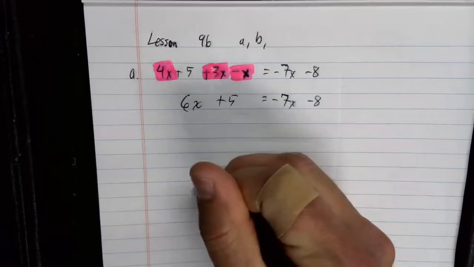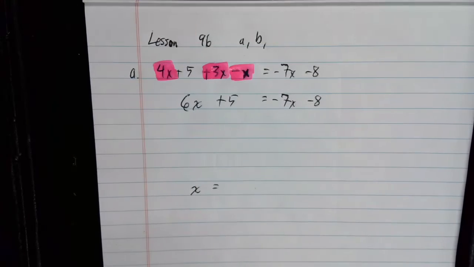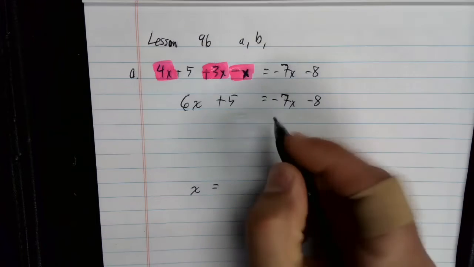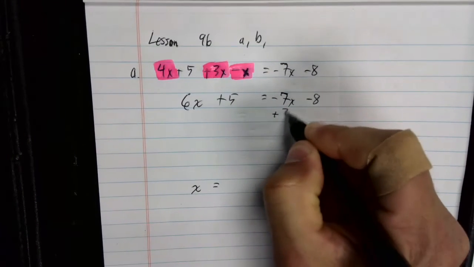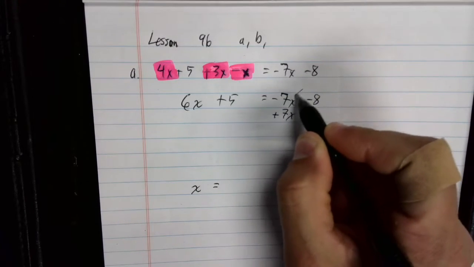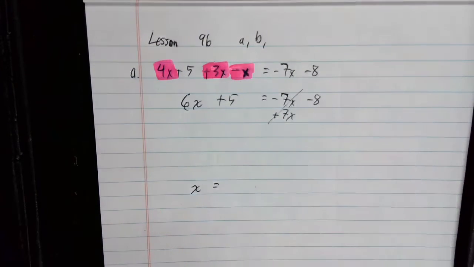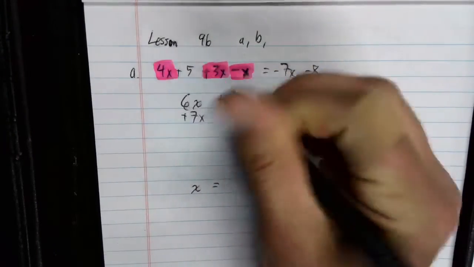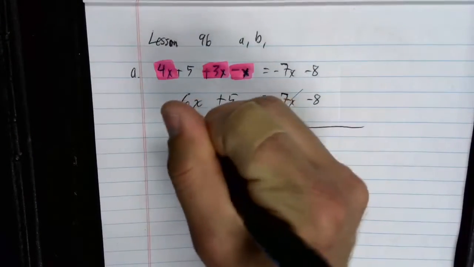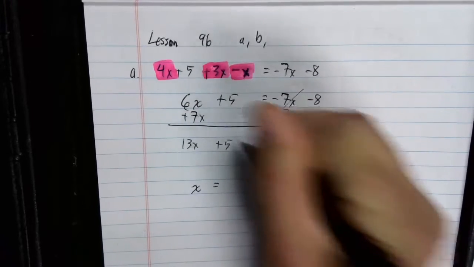If I'm eventually going to get to this stage, x equals, I've got to get all the x's together somewhere. So how can I move that negative 7x? If I add it over here, it will cancel. That's what I want. But in order for that treatment to be fair or correct, I've got to add it on both sides. So I have 13x plus 5 equals